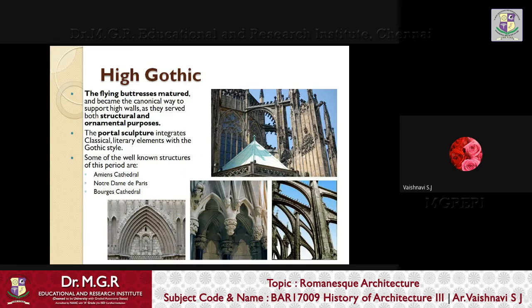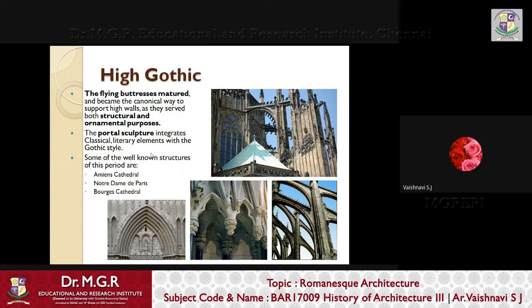According to the people who were in France, if it has double span flying buttresses, it will have a higher wall and the stability of the wall will be more. Okay, then they had sculptures which integrate classical and natural elements of Gothic style,